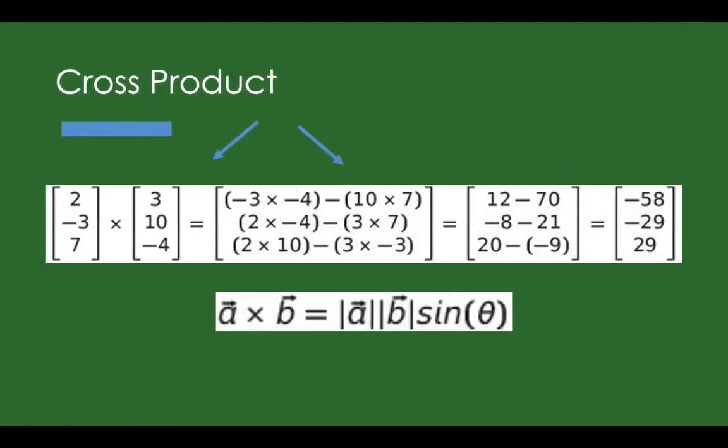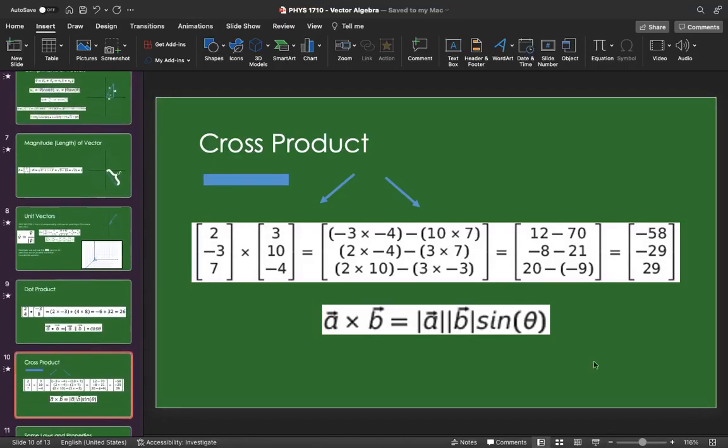The cross product, on the other hand, is when you want to multiply 2 vectors together to get another vector. And since this is Phys 1 and it's assumed y'all haven't taken linear algebra yet, I don't want to bore y'all with how to take a determinant just to find out how to do this thing, so I actually came up with a shorthand way to find the cross product of 2 vectors. I'm going to need to go out of my presentation,